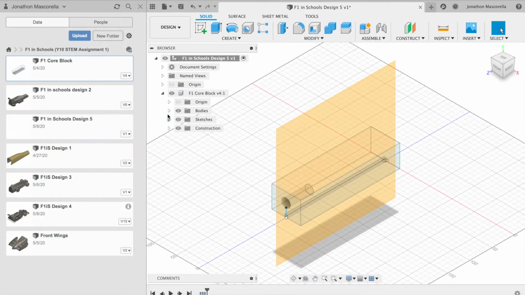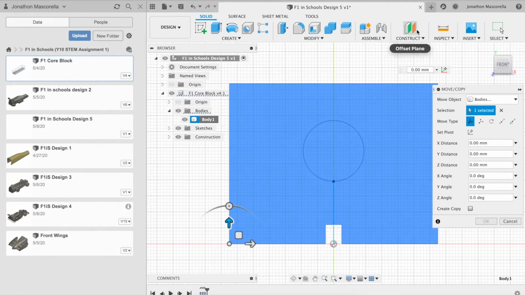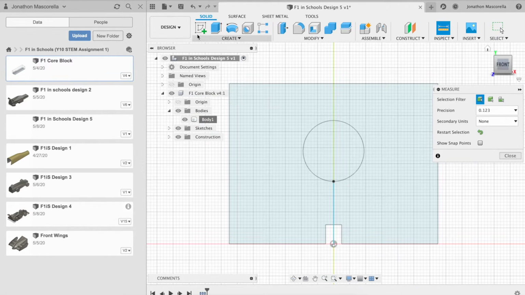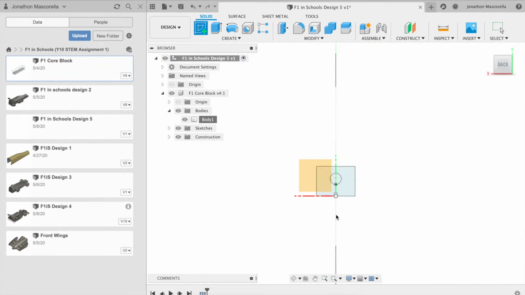Alright, so let's go through creating the F1 car from scratch. Now this is going to be fairly well sped up, but I'm assuming that you'll be able to work fairly closely with this. So essentially what we're doing here is inserting the block that we created before, just to give us a bit of